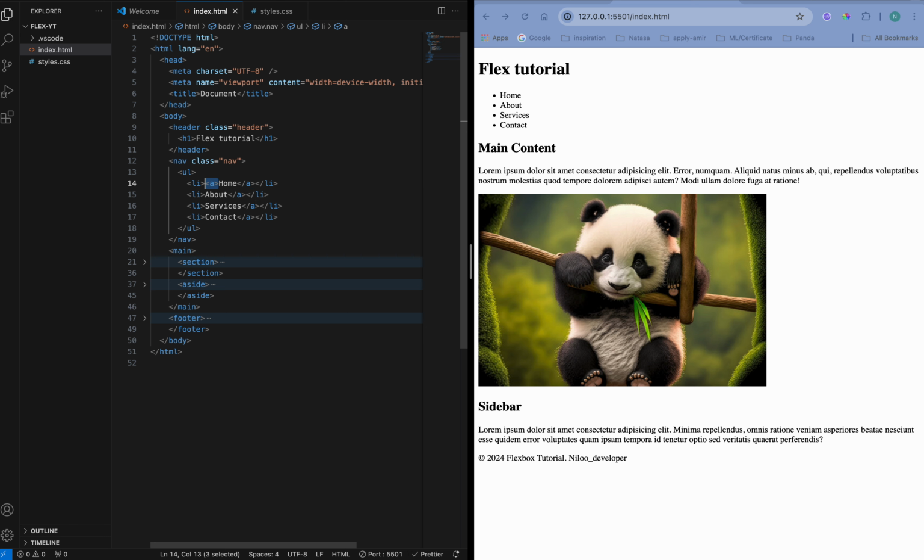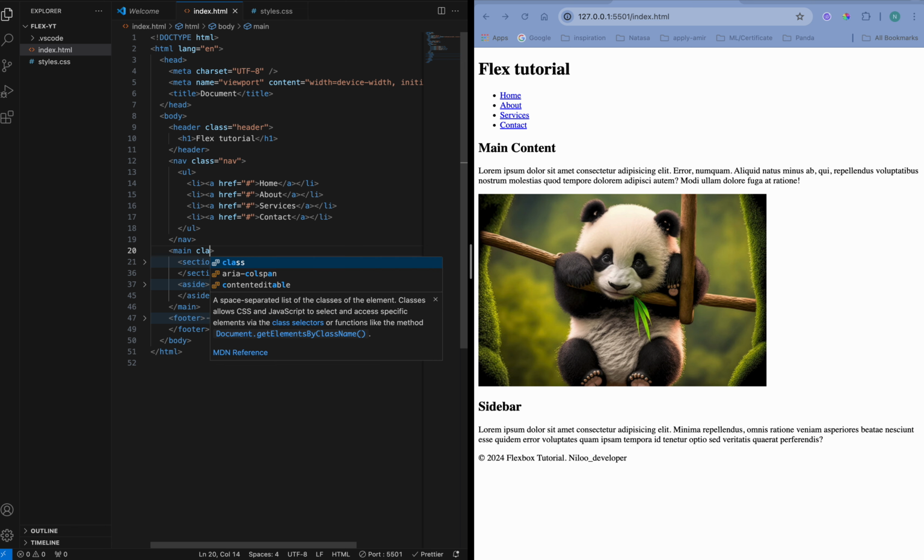And for this also add the href, for example, goes nowhere, just a href, and then we can add the link if we want, but right now we don't have any link. Okay, here. For having multiple selection we use option button, and just paste it and erase this part. Okay, after that we have a main tag, add a class, its name is main content, for example,